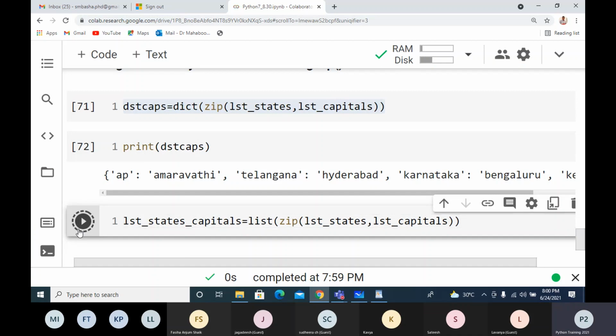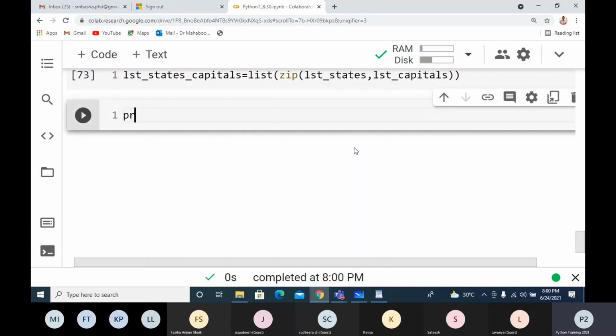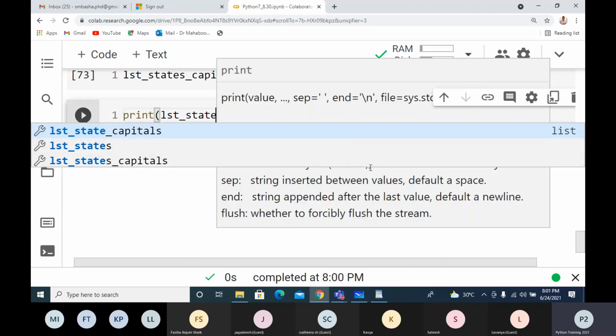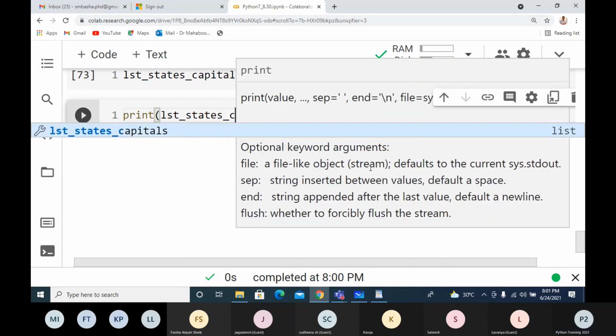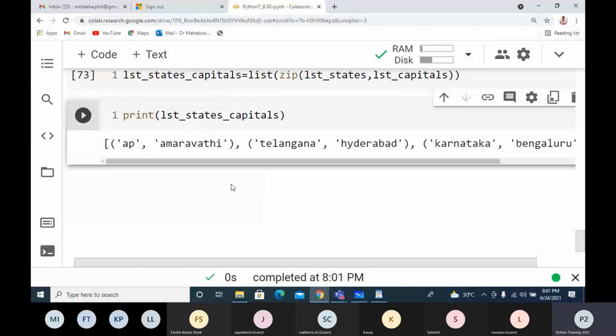So the same I'm doing with zip. I'm not making many changes. Instead of list, I'm giving tuple, states, capitals. So I'm getting the list of tuples. This is so flexible. From a list of tuples, I'm getting a dictionary. From a dictionary, I'm getting a list of tuples.